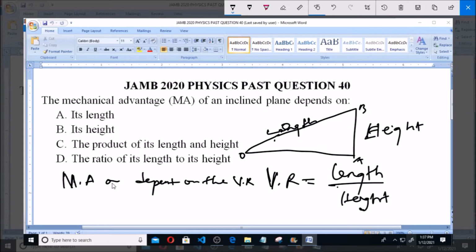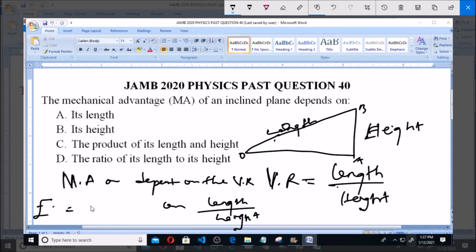Now since mechanical advantage depends on velocity ratio, it simply means that the mechanical advantage depends on the ratio of length to the height of inclined plane, which represents the velocity ratio,